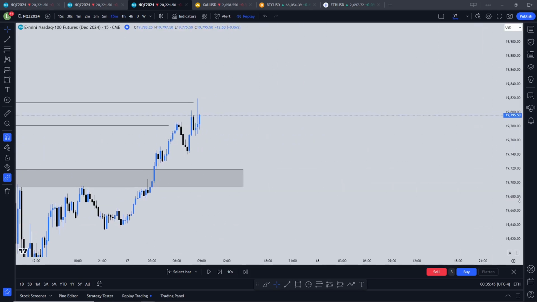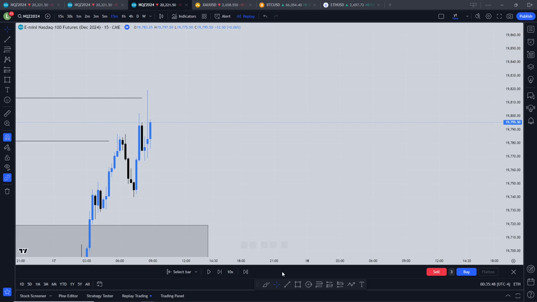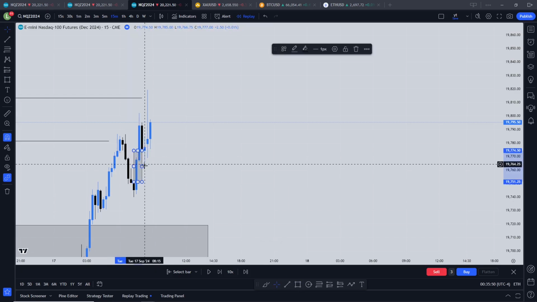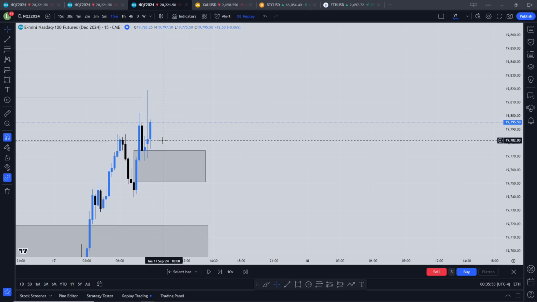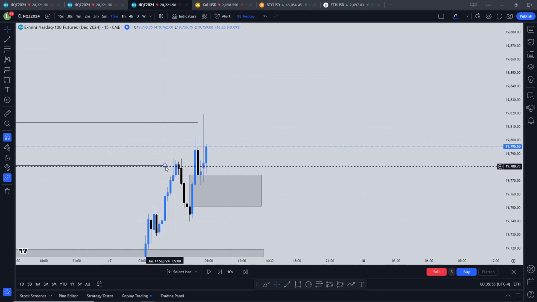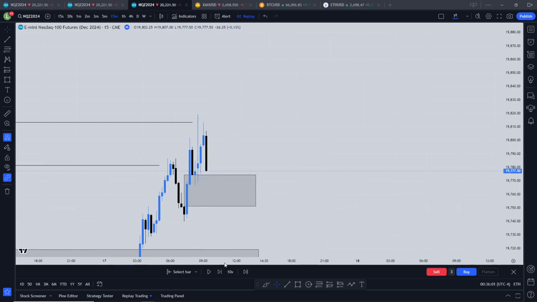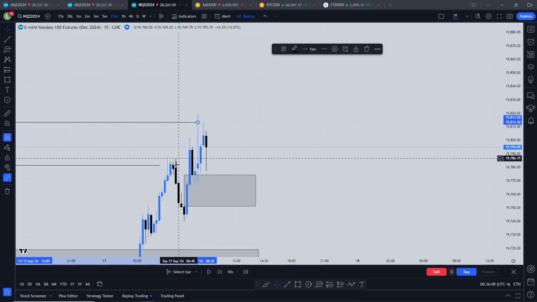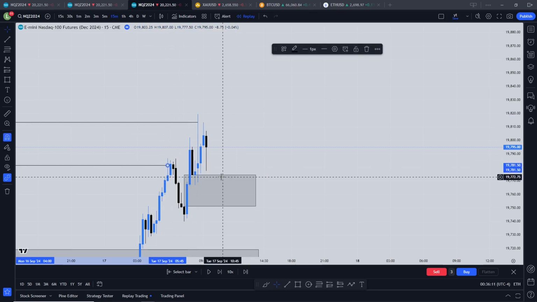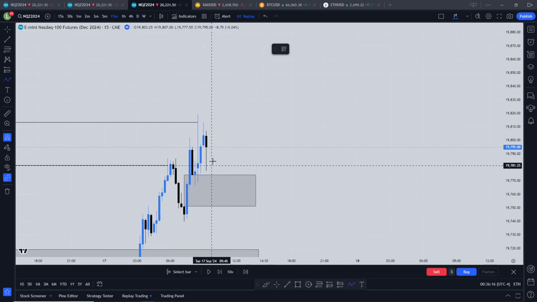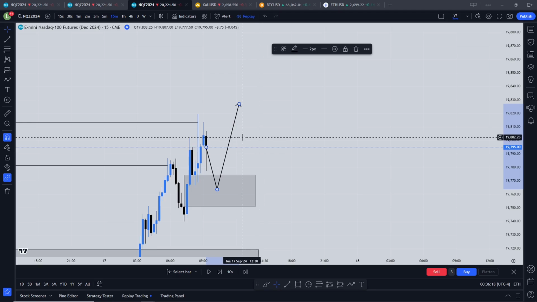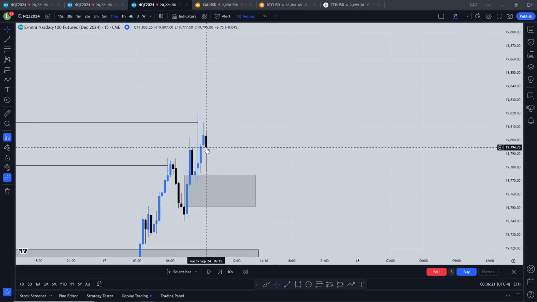Now go on to the 15-minute chart here, and we do have these two fair value gaps here that we could pull back to if we do see a pullback, right? And I'll put time forward a little bit right here. We can see that we are pulling back. So if we pull back to this fair value gap, we could have a decent bullish bias considering that it's a bullish fair value gap. So they're supposed to kind of just do this, right? So if we pull back to here, we could have a bullish bias,